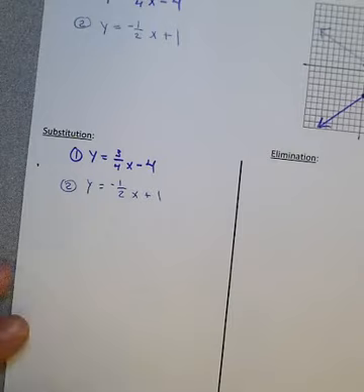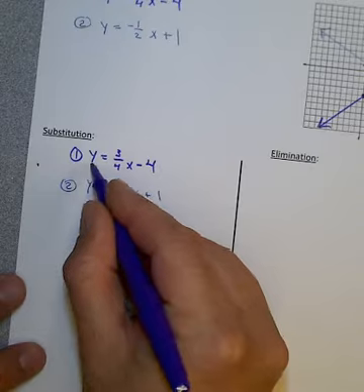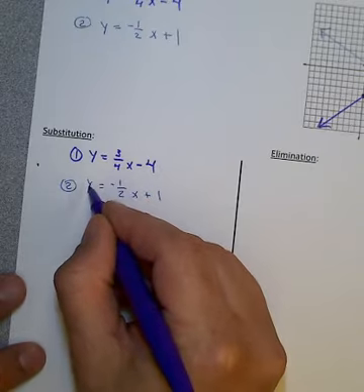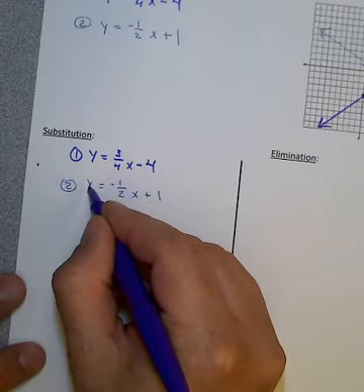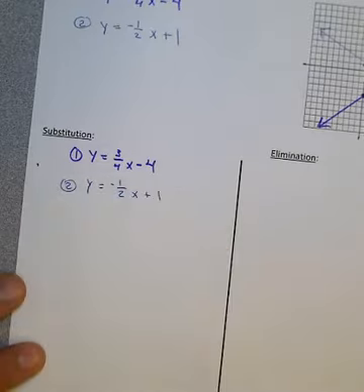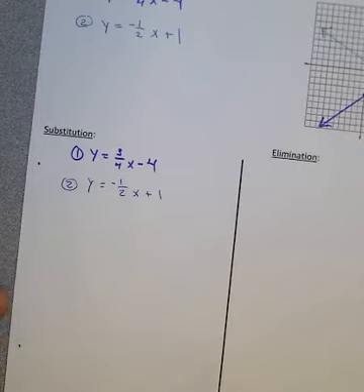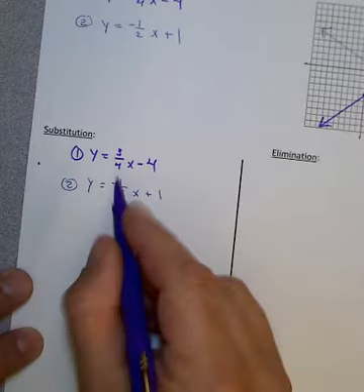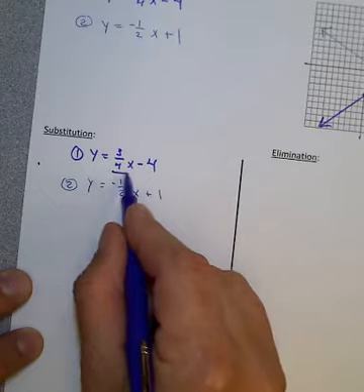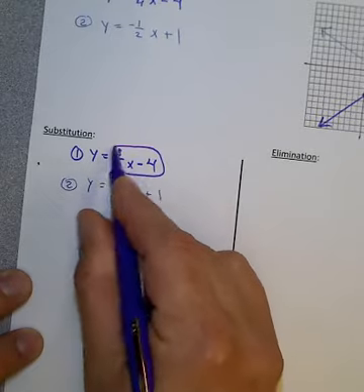Now, in this case, the y is by itself in the purple equation. It's also by itself in the blue equation. If this was given to us in a different form, we might have to get it by itself by rearranging the equation. Once I have the variable by itself, though, I simply take what y equals and I plug it